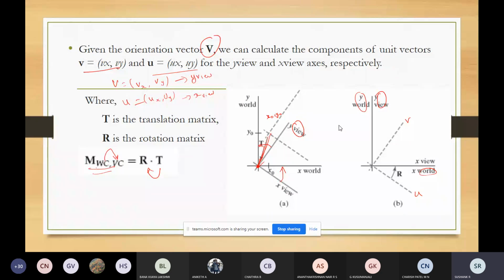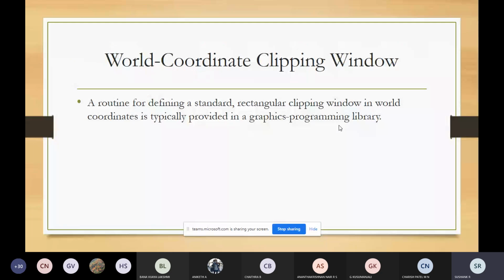So two transformations are there here: transformation matrix T, which will move from the viewing origin to the world origin, and transformation matrix R, which is the rotation matrix, which will be used for aligning with either the x-axis or y-axis of the world coordinate system.